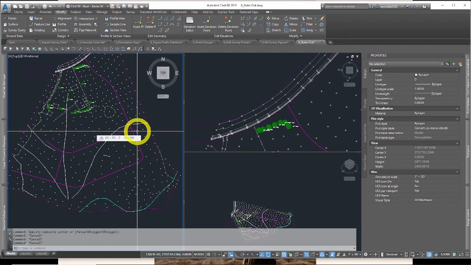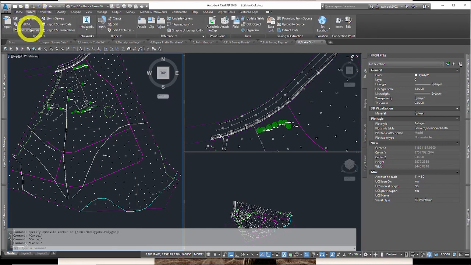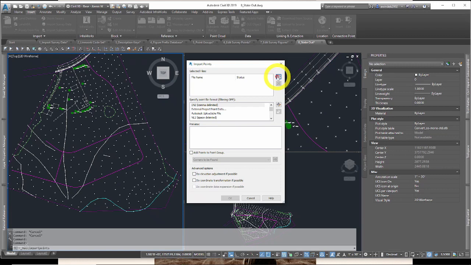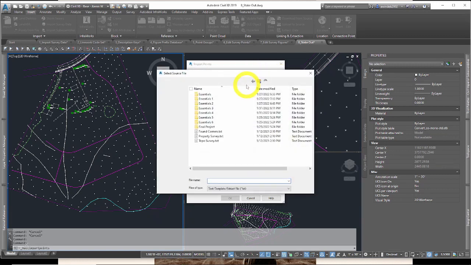But at this point, we're going to insert some points in the drawing just quickly without the survey database that represents survey corners located in the field. So we're going to go to Insert and Points from File off the Insert tab. And while that's loading, we're going to hit the plus sign to go find said file,